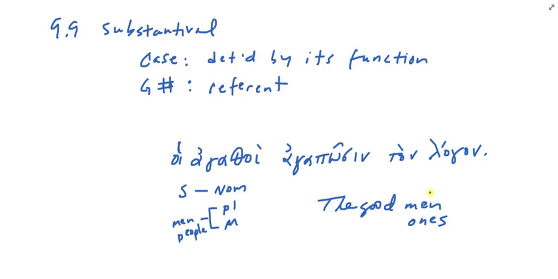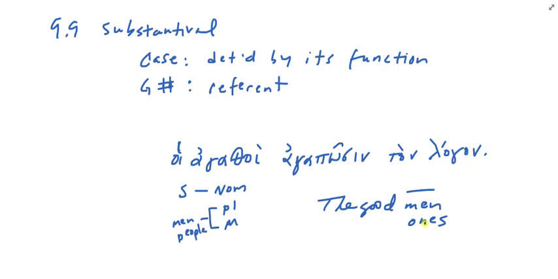Now, what if I change this to, well, here, let me back up. Can I say the good and not say anything else? The good love the word. Does that make sense in English? It does, doesn't it? If I said the good are here, I'm referring to good people. Now, here's the thing about English. For me to say something like the good do this or the good do that, if I don't put a helping word like men or ones, you should assume in English that I'm talking about something plural. Don't you? Don't you intuitively think that?